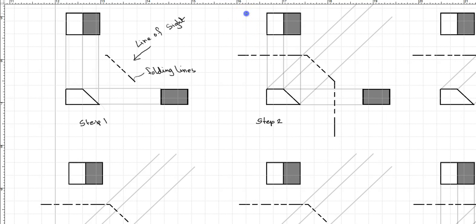So the distance from the folding line till the back of the object is going to be measured as x,